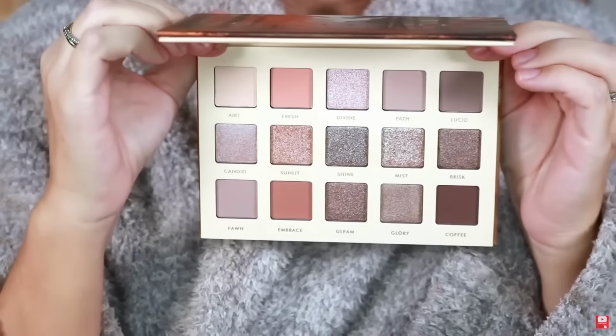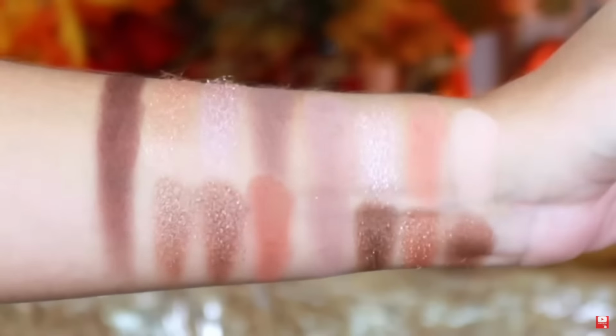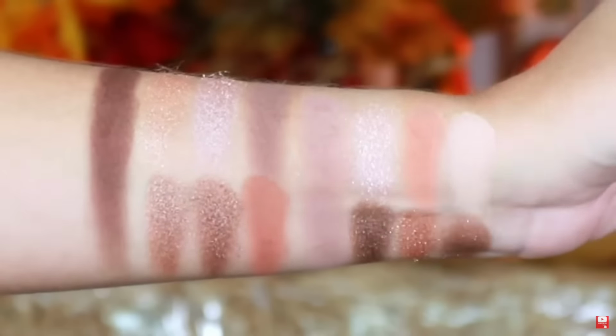So this is the Daylight palette from Alter Ego. Now, when you first look at this palette, you're probably thinking, how the hell does this remind you of fall? Let me tell you. So this is going to be a cool tone neutral palette. And for the fall season, you can definitely utilize these colors. You can create everyday neutral eye looks. But I think for me, it's more of the outside packaging and the names that really represent fall the most. Like you're going to have names like fresh, airy, sunlit, mist, brisk, fawn, gleam, coffee,